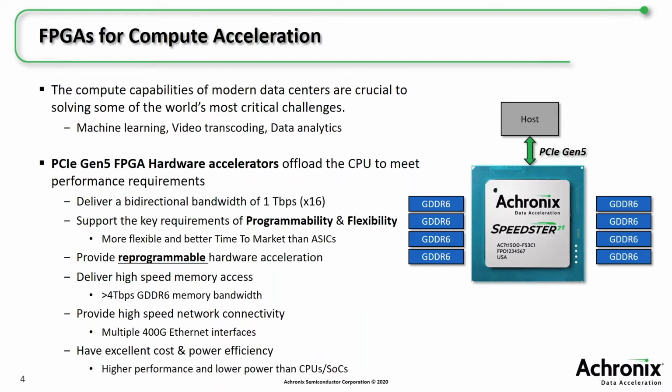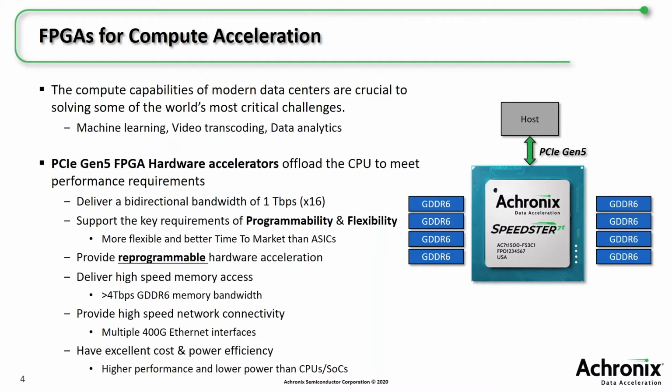FPGAs are commonly used in compute acceleration. Looking at the first application, FPGAs are commonly used for compute acceleration. The compute capabilities of modern data centers are crucial to solving some of the world's most critical challenges, including machine learning, video transcoding, and data analytics. If you have an FPGA with PCI Express Gen 5, this allows you to offload the CPU to meet some